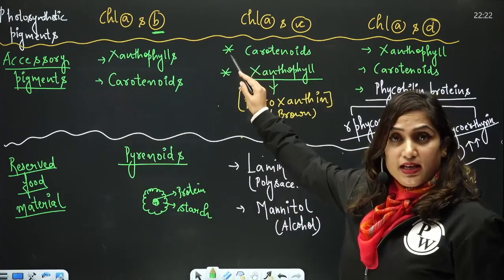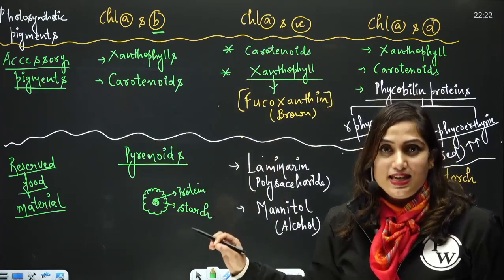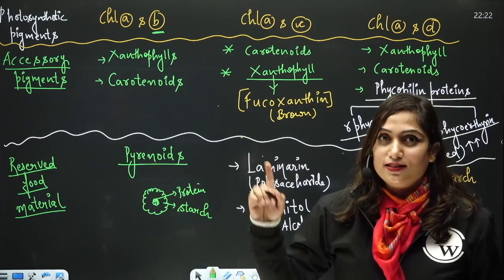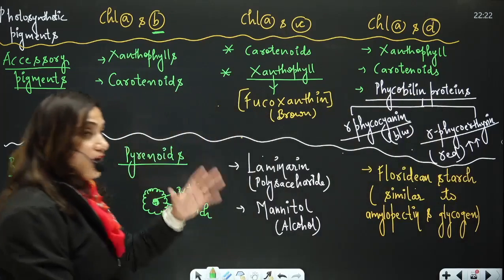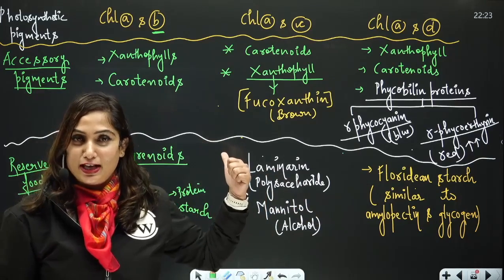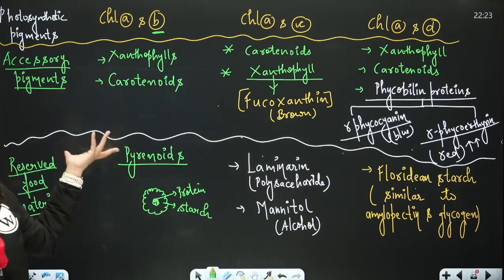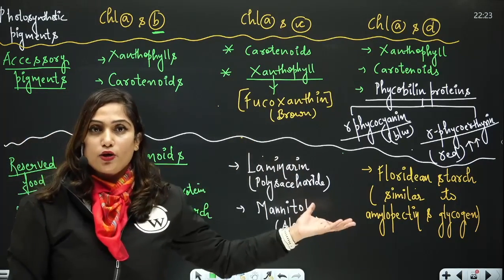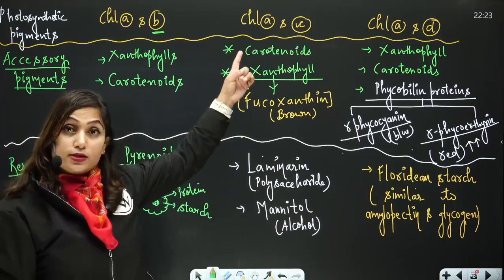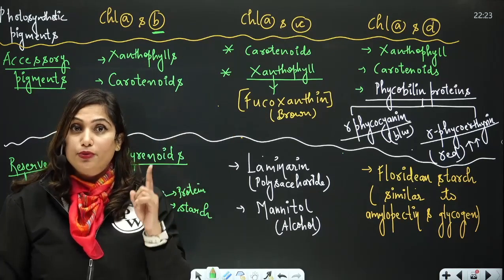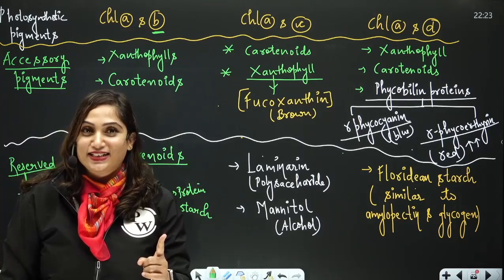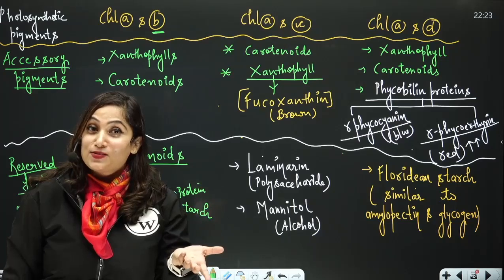Then brown algae, along with chlorophyll A, have chlorophyll C. Red algae have chlorophyll A and chlorophyll D. Red, D. Now accessory pigments. Along with the main photosynthetic pigments, some helpers are also present. Those are called accessory photosynthetic pigments, and they are xanthophylls and carotenoids in green algae. Carotenoids and xanthophylls are present in all kinds of algae and in all plants. But brown algae have a special type of xanthophyll, fucoxanthin, which is brown in color,